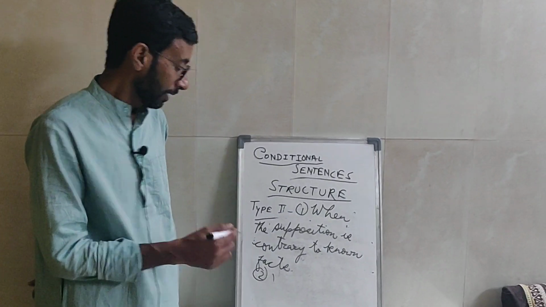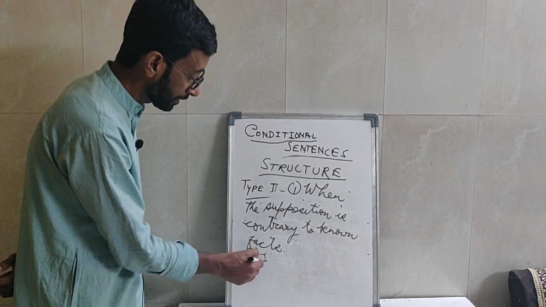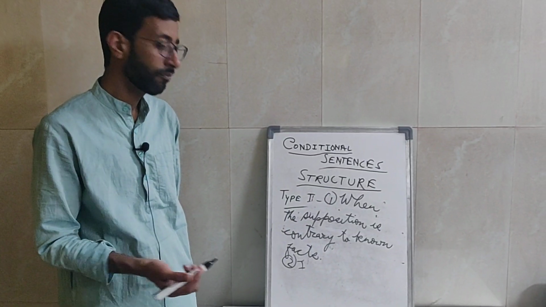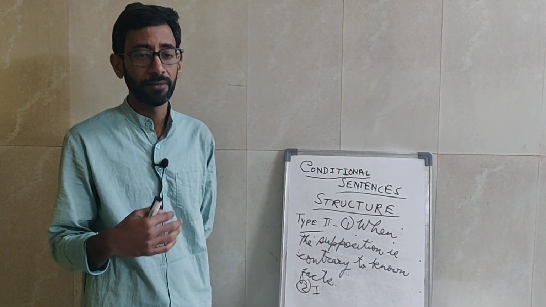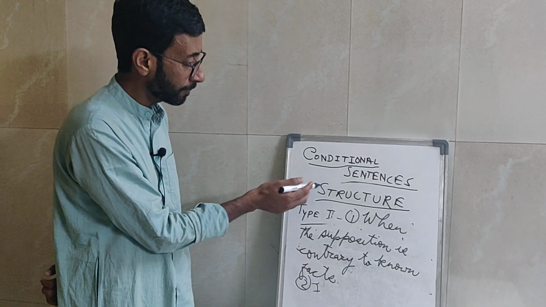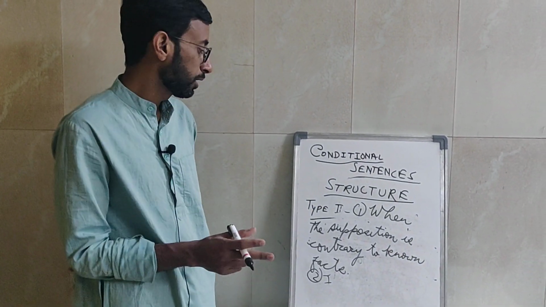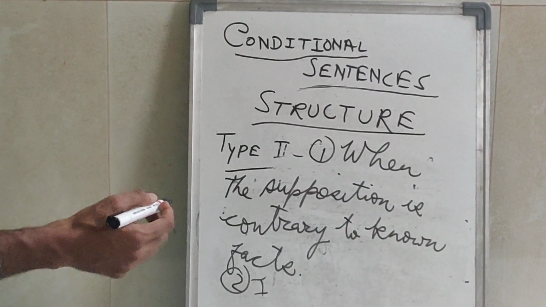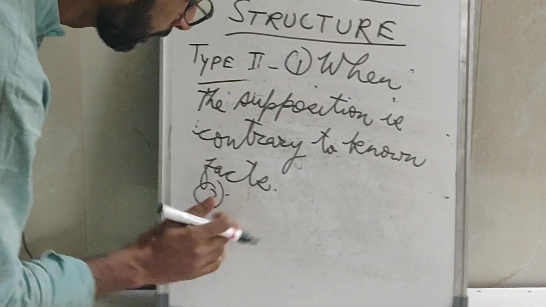I am talking about a condition which is hypothetical in nature, and at the same time I am also talking about a condition which I do not expect to happen. So we can say that conditional sentence type second is used in two conditions. The first one is that when the supposition is contrary to known facts, and second, when the speaker